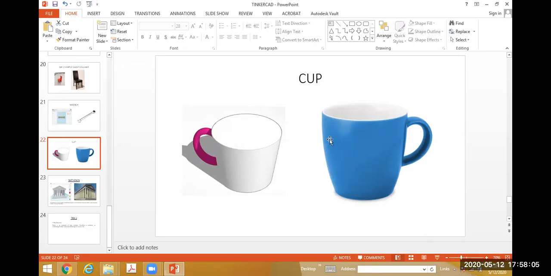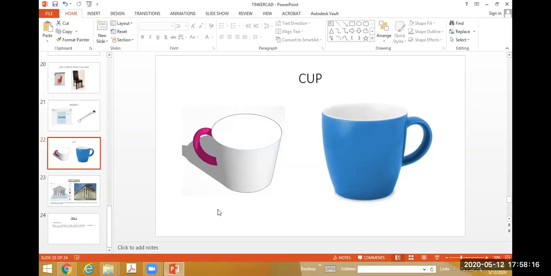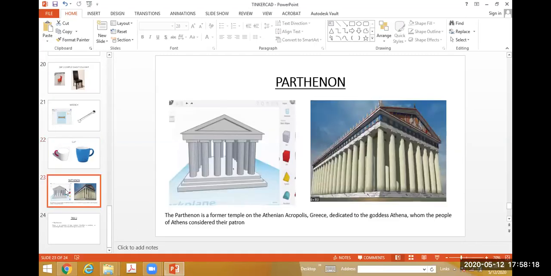Okay, you can create this cup with the body created with the help of paraboloid, and the handle you can create with the help of the torus. Okay, then this is the last example. This will take some time, so that's why I will not enter into this. So tomorrow I will complete this.